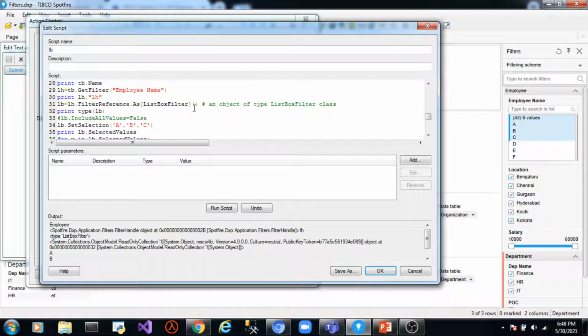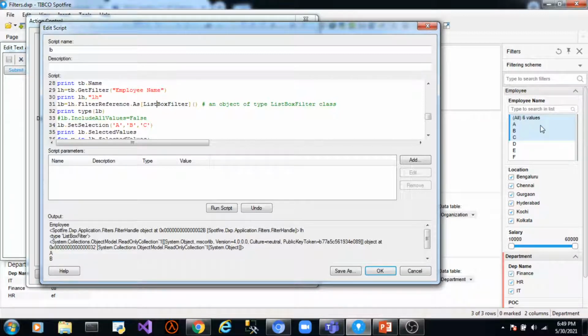If you write checkbox filter here, it will return a value of type checkbox filter, but this employee name is a type of listbox filter class. So if you write checkbox filter here, this LB will store none.